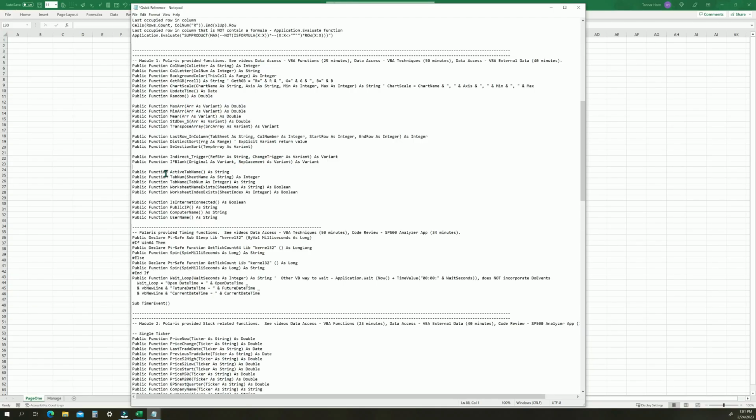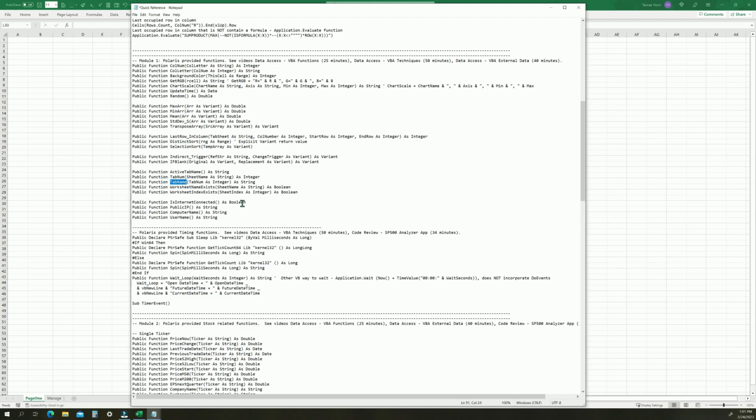These other 5 new Polaris provided functions deal with worksheets. First one will tell you the current active worksheet's name, called the ActiveTabName function. The next one, tab number, the parameter is the sheet name, text name, and it'll give you the equivalent number worksheet. Excel numbers their worksheets from left to right, from 1 to n, so it'll tell you where it is going from left to right. If you know the tab number, you can use the tab name,